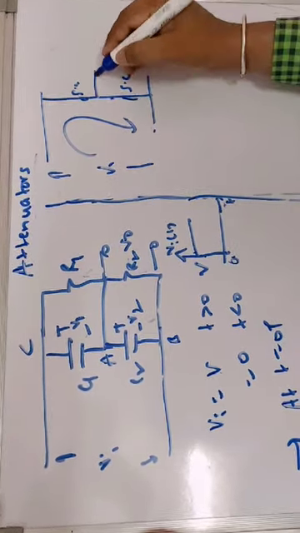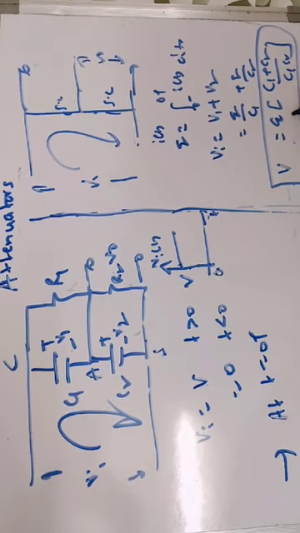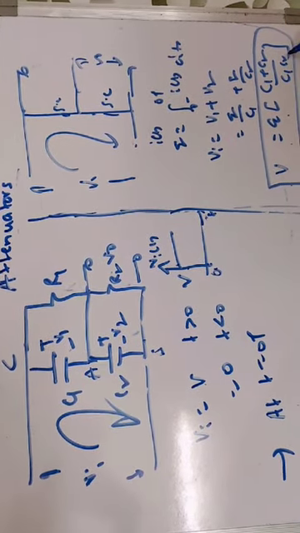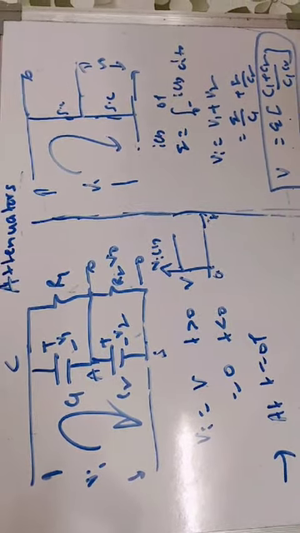The voltage in terms of charge and capacitance is Q by C1 plus Q by C2, and if you take Q common, it is Q into C1 plus C2 divided by C1 C2. So the total input voltage we are applying here is V, which is equal to Q into C1 plus C2 divided by C1 C2. The charge expression is then Q equals V into C1 C2 divided by C1 plus C2.